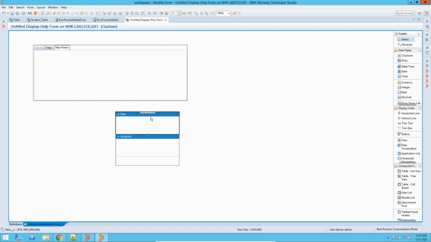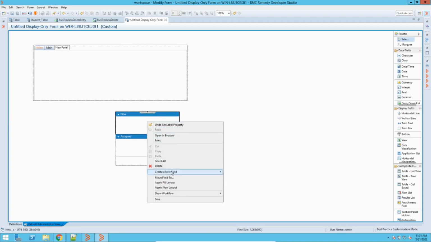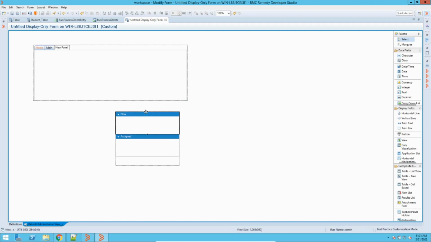Now this panel, if I just move it here, and right click this, I can move fields, apply fill layout. So these are all different properties. Will not go into much detail here. Let me just drag it here.